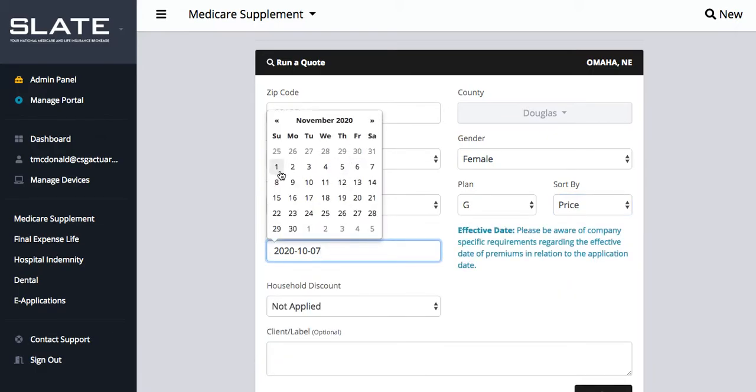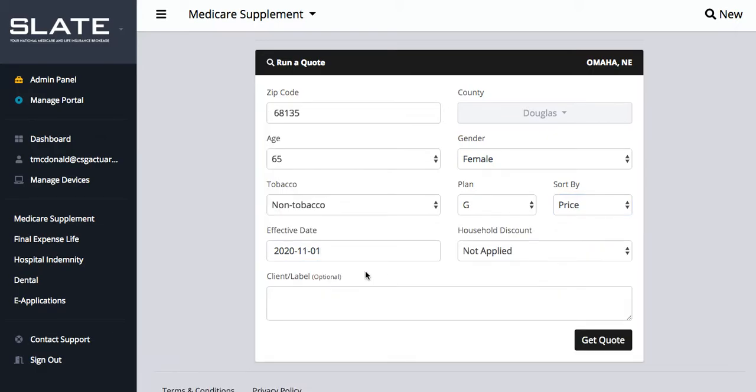So if we move this out to November 1st, we'll see any plans that go into effect between now and November 1st. Household discount, we can choose if that's applied or not applied. And then we can also add a client label. So maybe a person's first and last name, and then we can hit Get Quote. Since we sorted our results by price, that's how we'll see our results